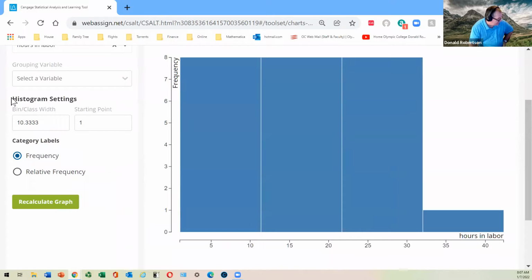Now, do you see this bit here we haven't used before? Histogram setting. Right, the starting point is 1. Wasn't 1 hour the smallest number? So you put 1 there. And the choices that we got, although you can't see them, were starting at 1 and doing intervals of 2. So here's intervals of 2. Now, when I generate it,